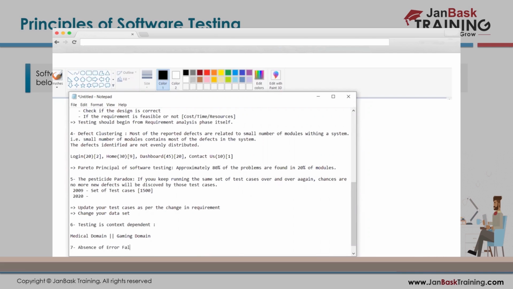So what is absence of error fallacy? Anytime you come across a situation where you say that I'm no longer able to identify bugs in my application, then you need to actually revisit 2 to 3 different things before saying this. Somewhere, there could be a possible reason for not being able to identify bugs. The first reason could be,